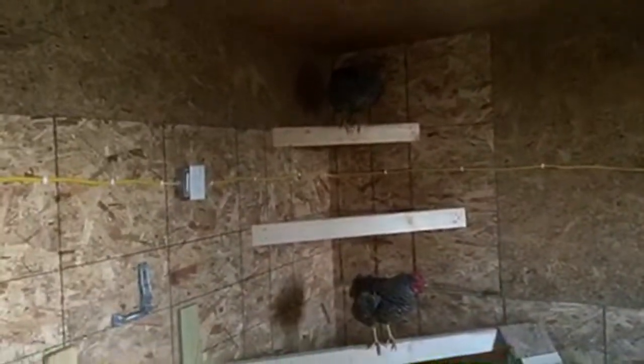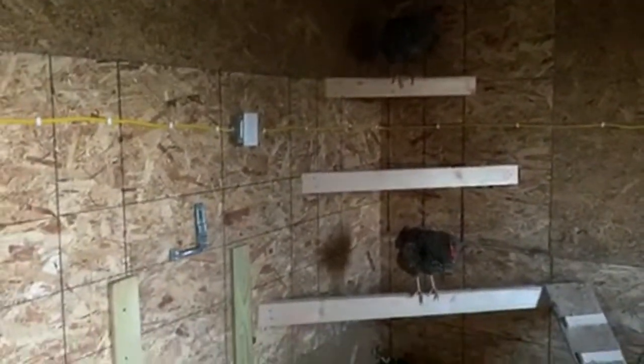Okay. This is our little room that separates it so that if the dogs get in, we got this part, and the chickens are the ones that try to get out more than the others. But see, I don't know how much you can see, but it's bedtime for one young lady. Oh, there's the other one. She has gone to bed also. That's their perching. I do not know why the Silky has not